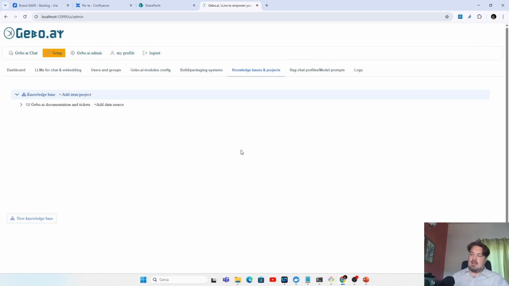Once I publish, the software starts indexing the documents taken from Confluence. Of course, this action is not immediate, and it's programmed to be not immediate, because otherwise the embedding large language model will get stuck.